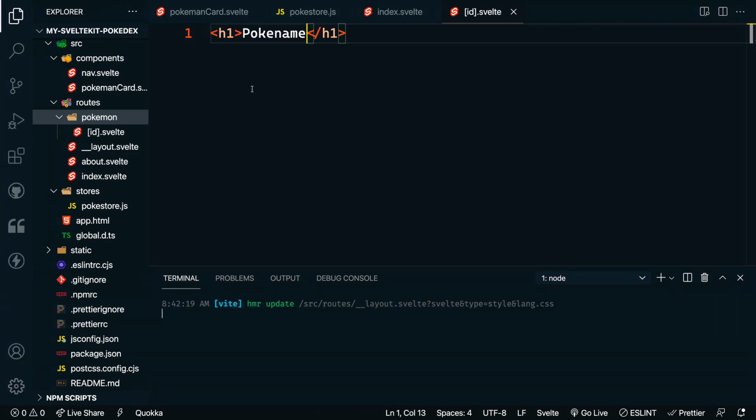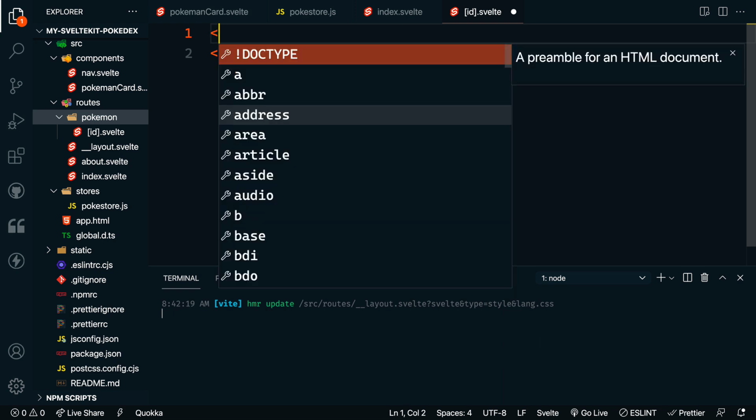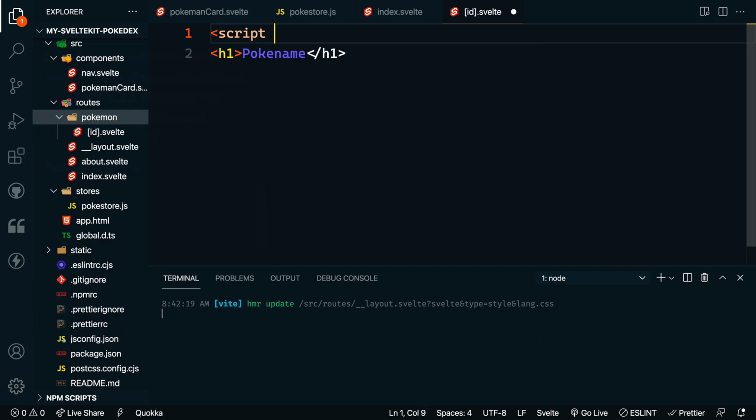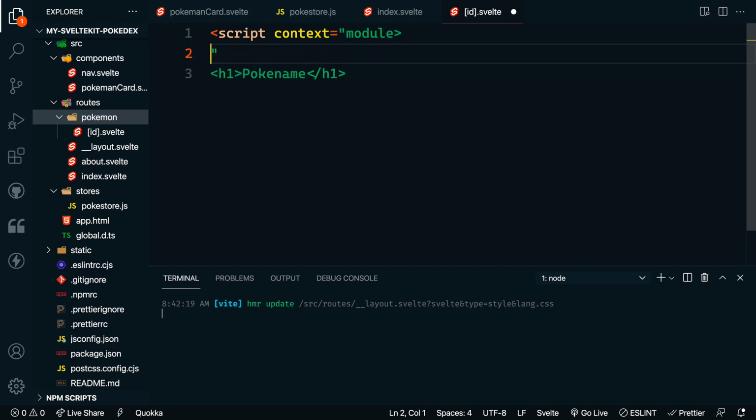And now, how do we actually get this information? Well, one of the things that we can do in SvelteKit, which is really neat, is use something that's called server-side rendering, which in this case means that we're going to go and load this information before we actually display this component to the user in the browser. So that gives us the ability to go and query this information, pass that information to the component. So by the time the component is ready to be displayed, it already has all the details about that Pokemon. So the way we do this is we can do a script with a context of module, and then